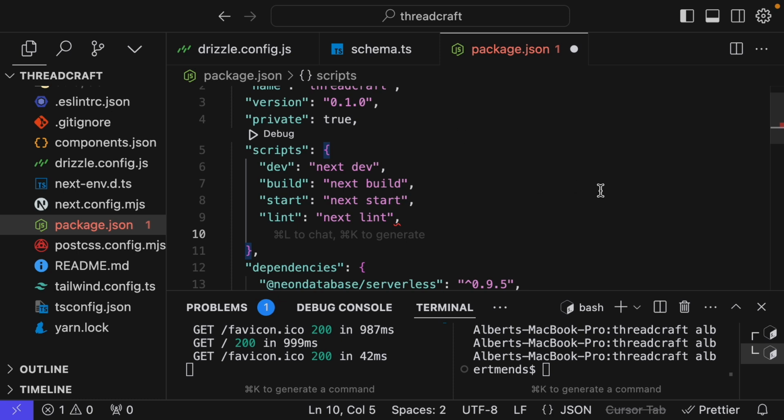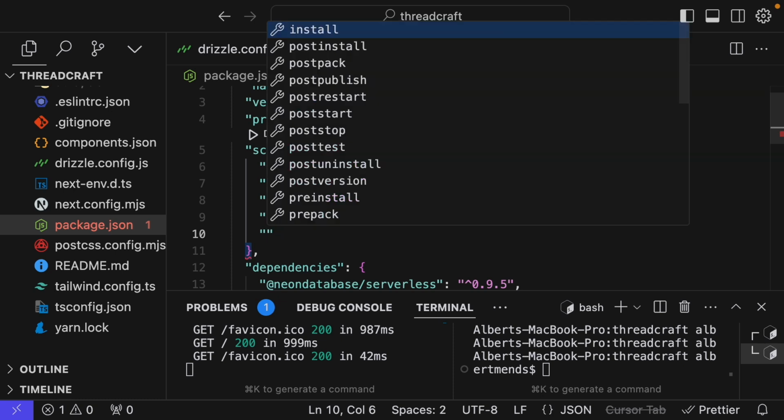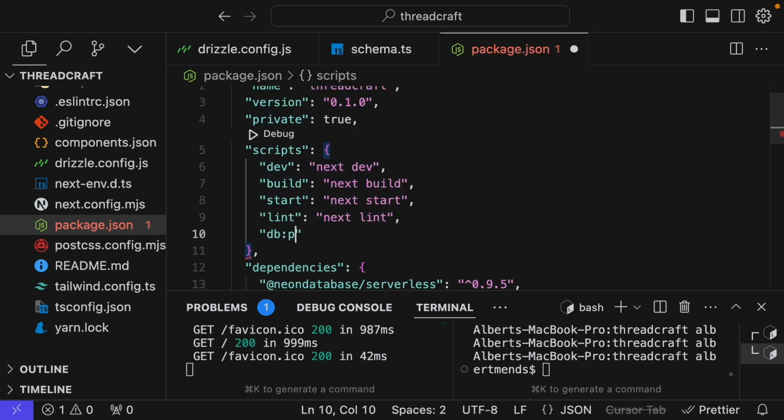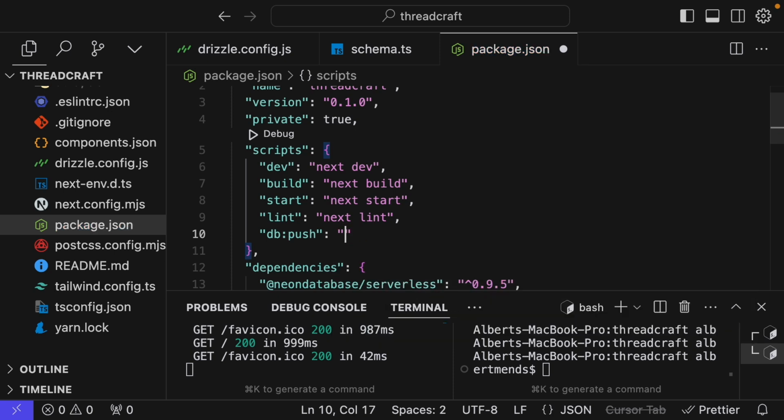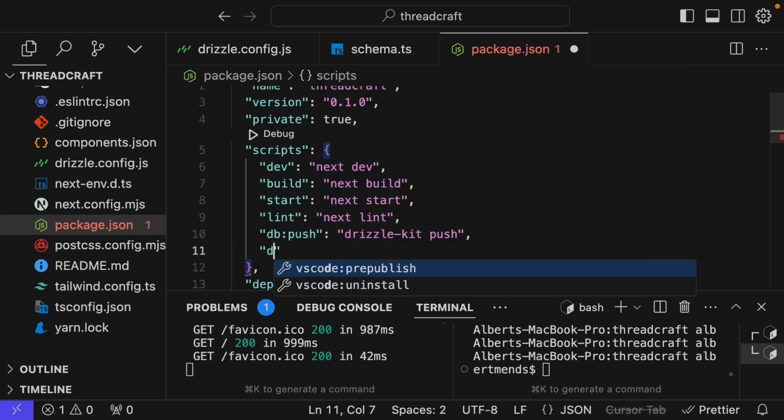So the first command is going to be named db:push, and this command is going to be drizzle-kit push. And we have db:studio,